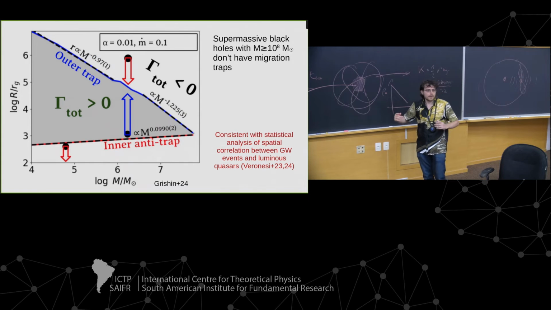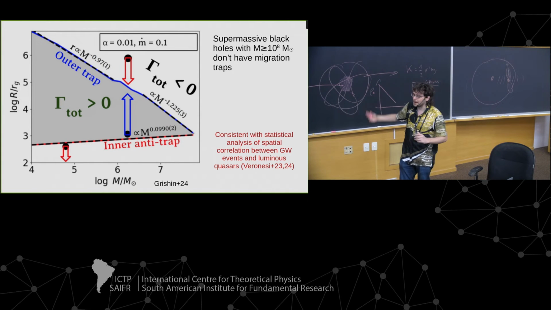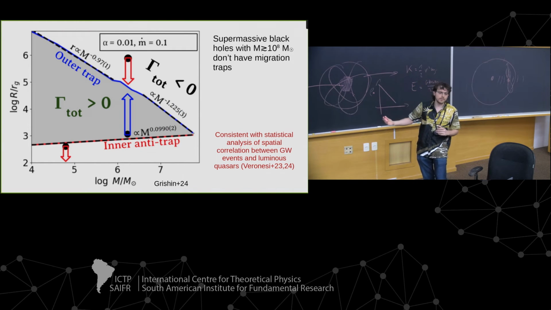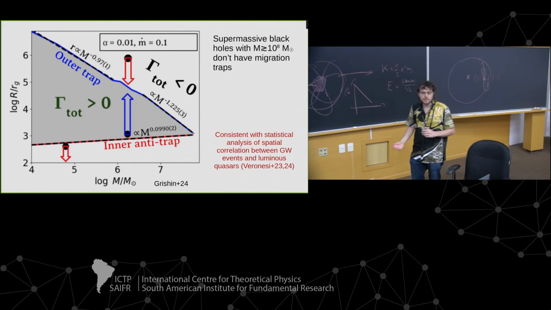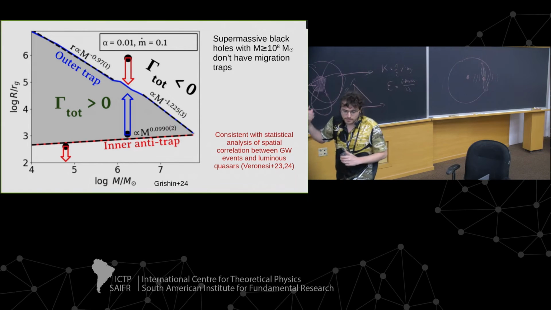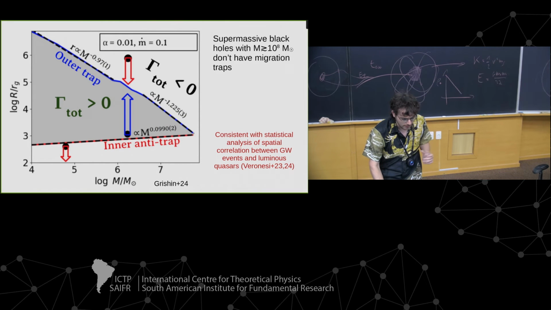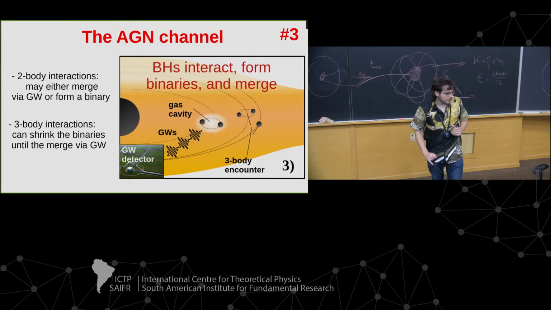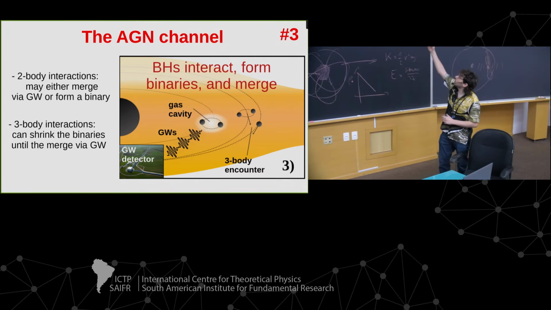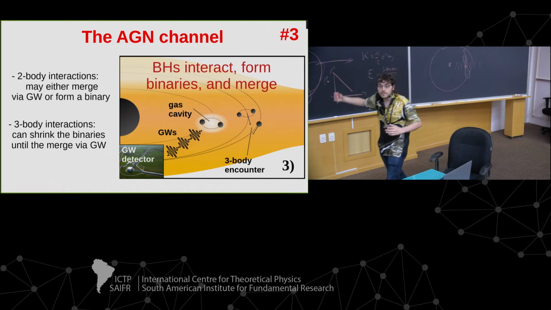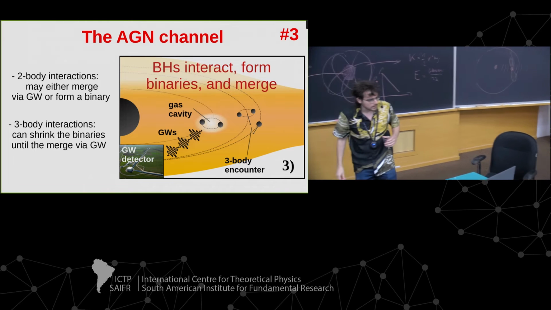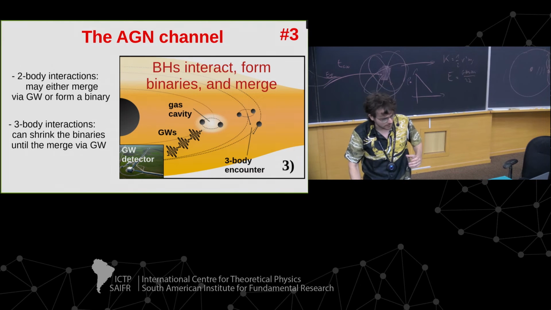So you can take into account all the spatial distribution of events, correlate these with the distribution of quasars, and see that they don't really match, especially the most luminous quasars with more than 10 to the 8 solar masses black hole. They don't really match with the events. Of course, this doesn't mean that they don't come from AGNs. And what happens when two black holes finally meet in a trap, we don't really know yet, because you have messy gas physics.